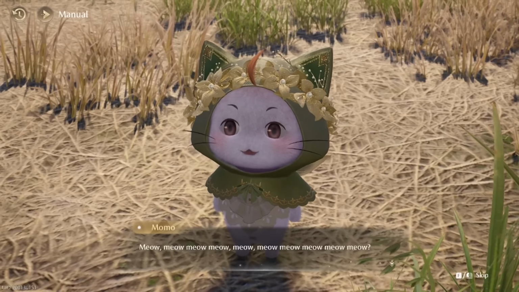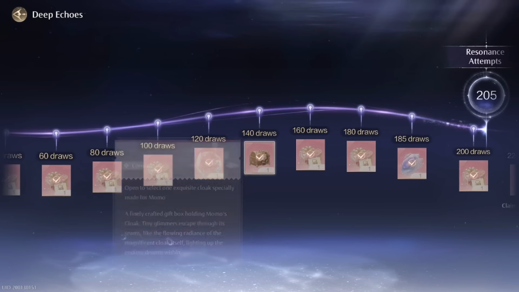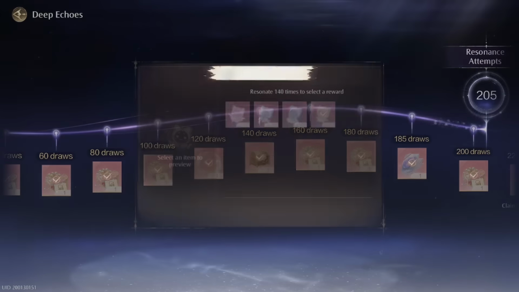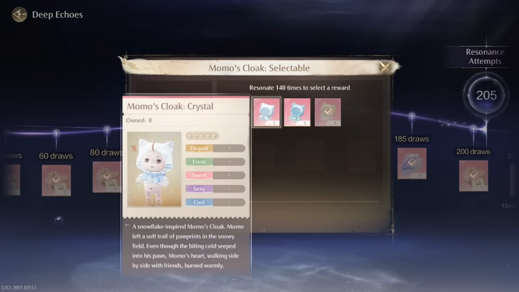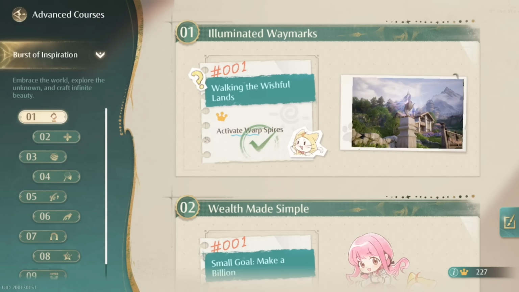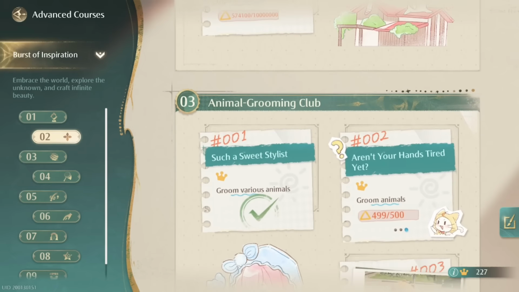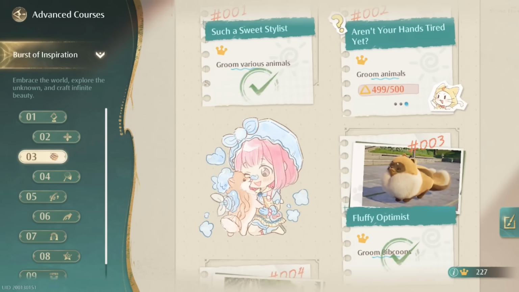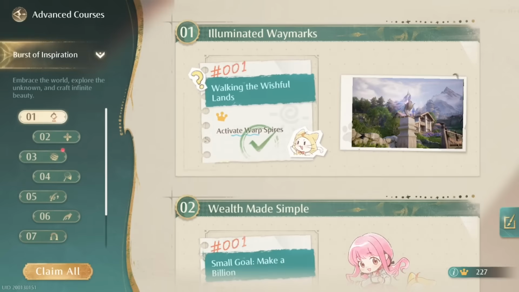But why should Nikki have all of the dress up fun? What about Momo? Well, some of the banners do award outfits for Momo, but these can take a lot of pulls, which will be very expensive. If you didn't know, there are some free ways to get outfits for Momo, and one of those ways is through courses. If you scroll through all of the different courses, you'll actually notice a little Momo sticker